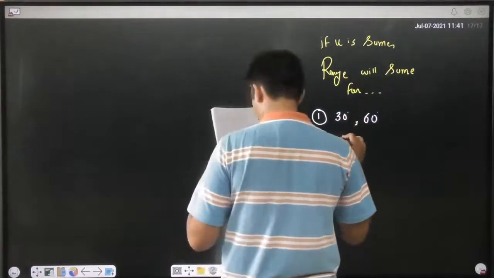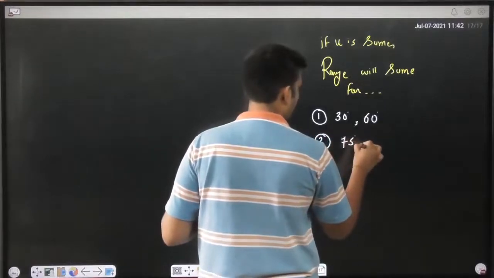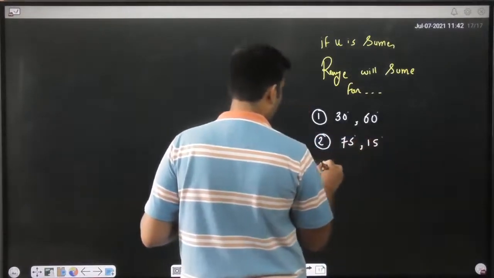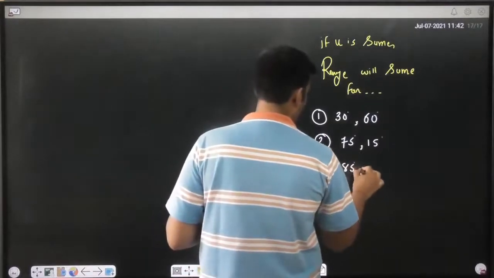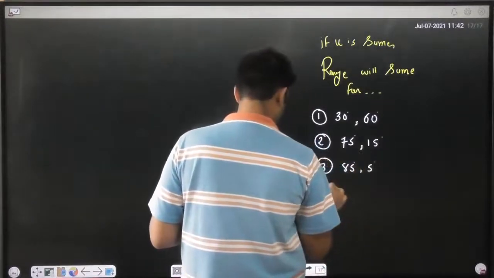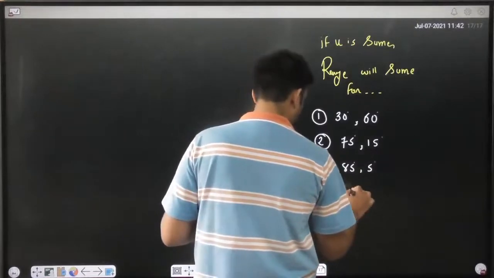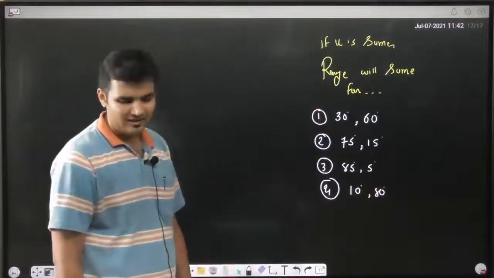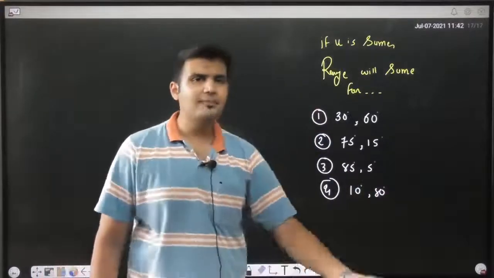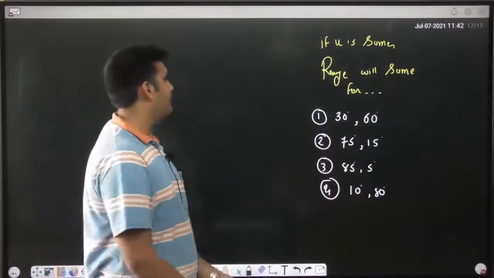I will say another thing, there is no need to take standard angles, the question will come like this. 75 degree and 15 degree, let's say 85 degree and 5 degree, then 10 degree and 80 degree. You have an infinite number of sets, right? Options may be given, all of these are correct, but if this is your question